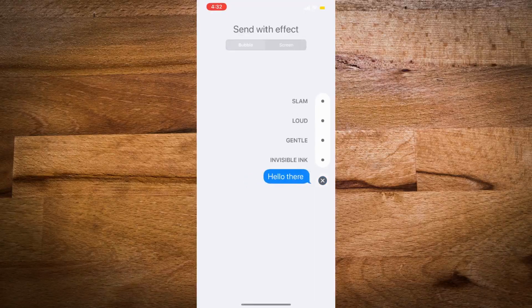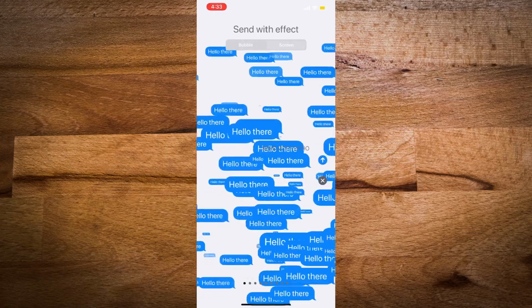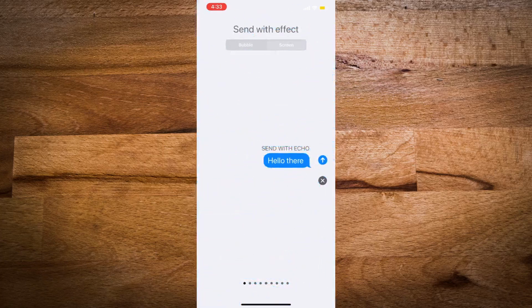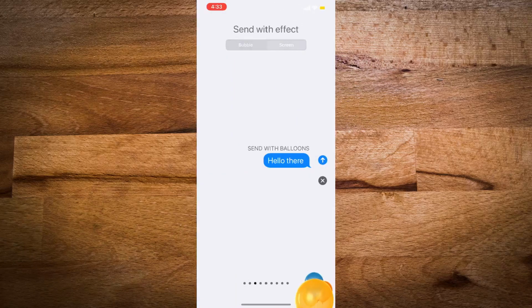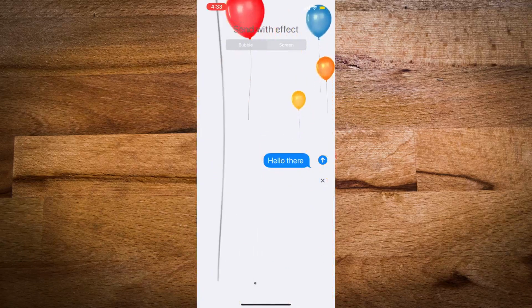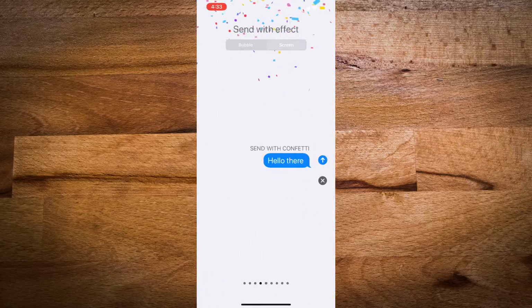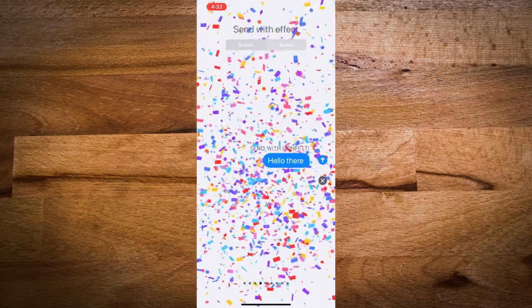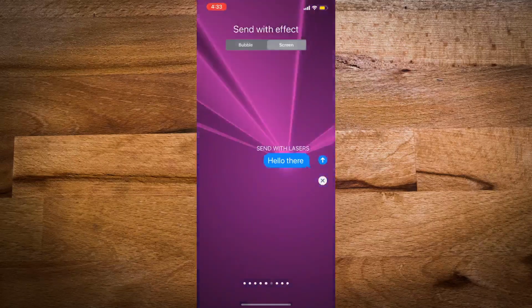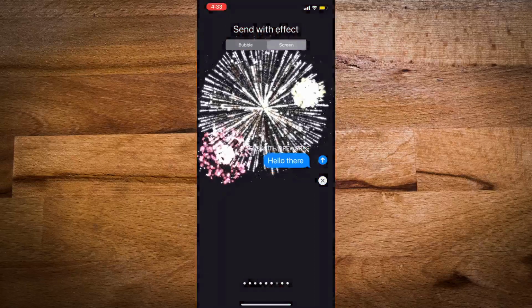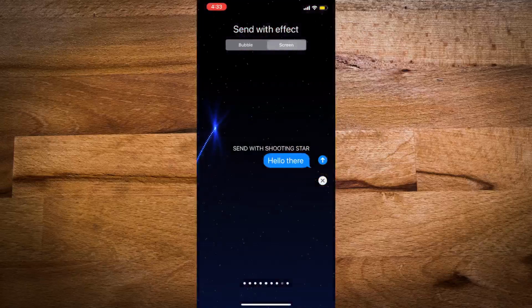When you click and hold the send button, you get a screen where you can choose the animation styles, where you could set multiple copies of the messages, or you can choose to see a spotlight, or you can send up with balloons, or you can take confetti, or you could take up laser shootout, a heart. There are a lot of effects. Try exploring them. It's a fun way to send your message.